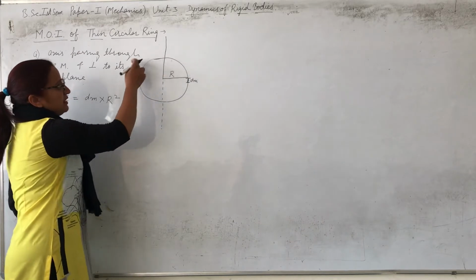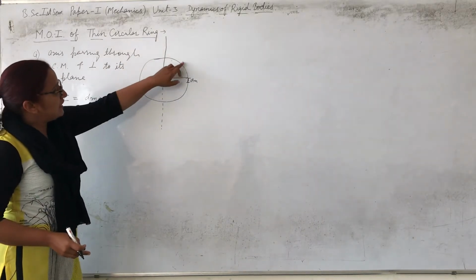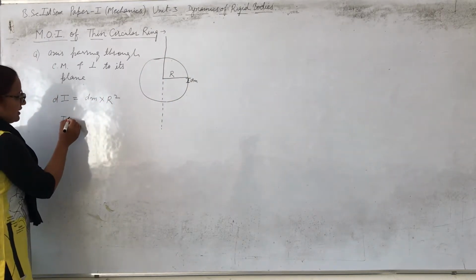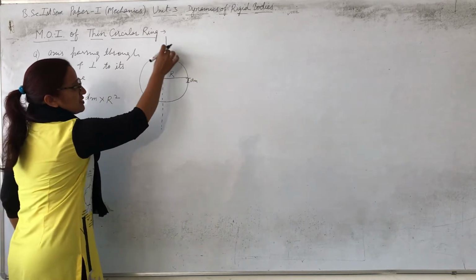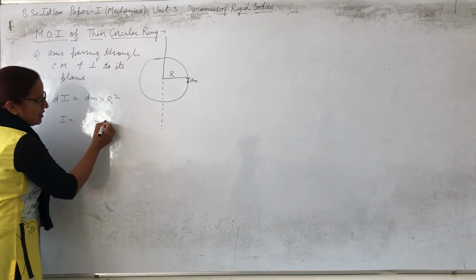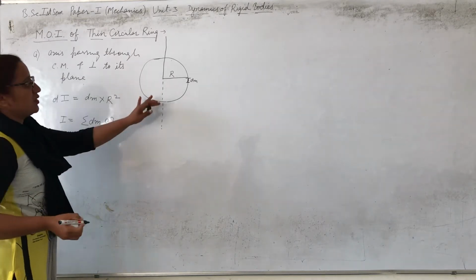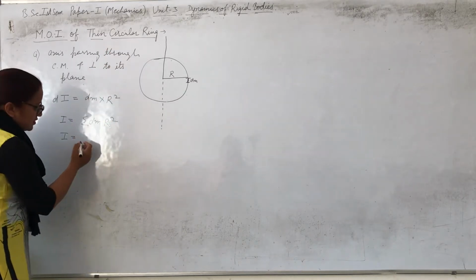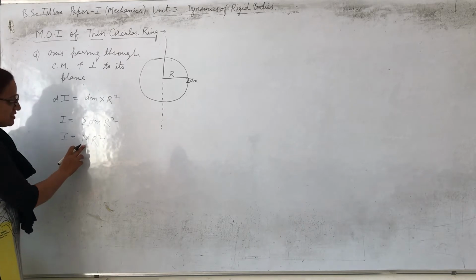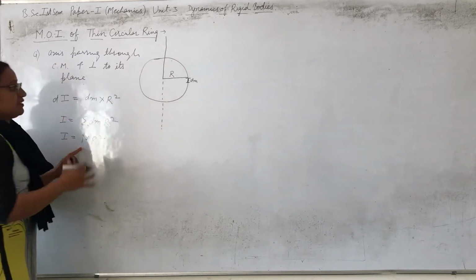Now we have to compute the moment of inertia about this axis because of the entire mass of the circular ring. So what do we do? We will take the summation, as all mass is here, dm. So it is summation dm r square. So the moment of inertia of this circular ring about the given axis will be mr square, where m represents the mass of the circular ring.